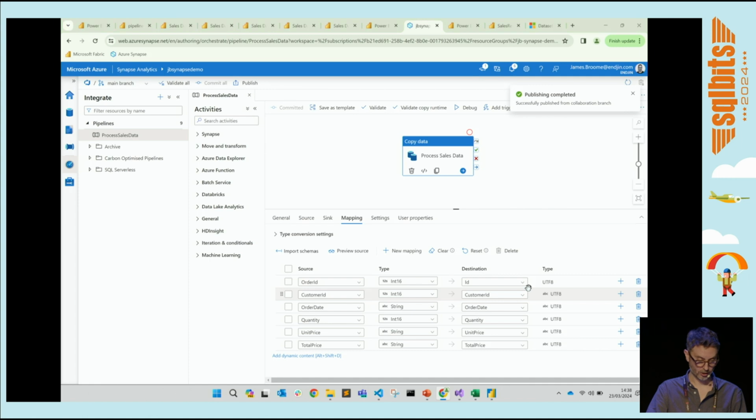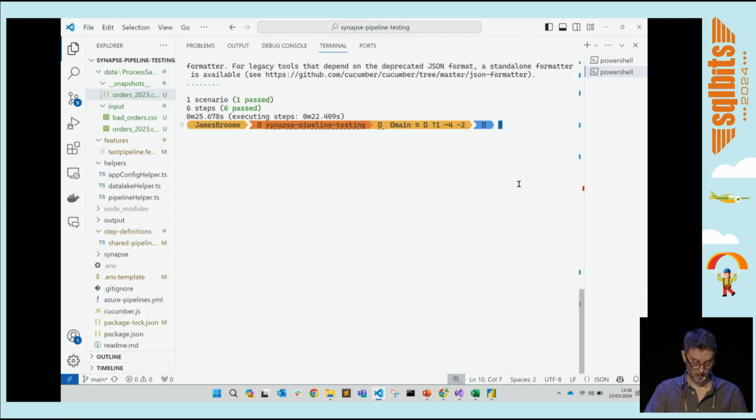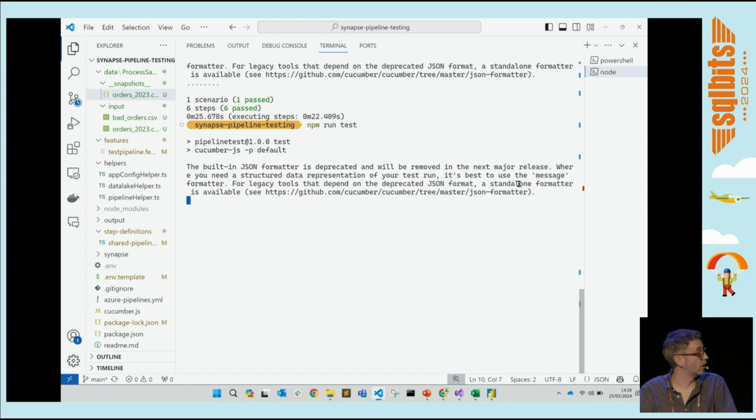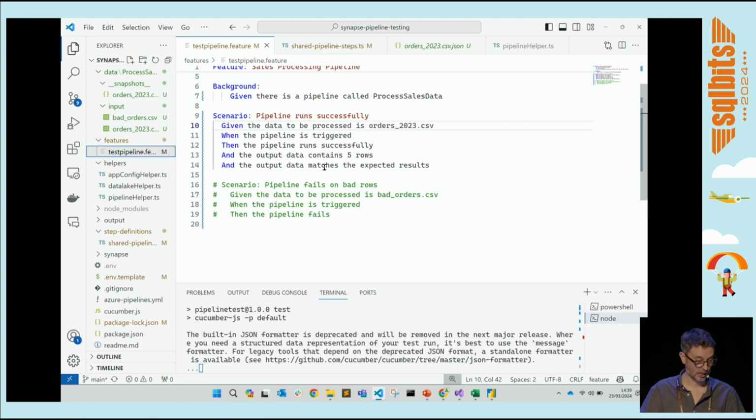And as soon as that's finished, we can kick off the test again. And in this case, the pipeline is going to succeed. The data is going to be mapped, although now the order ID column is going to map to a column called ID. So when our code says, OK, is the data as we expected it to be, which I think is what we said in our feature file, and the output data matches the expected results,